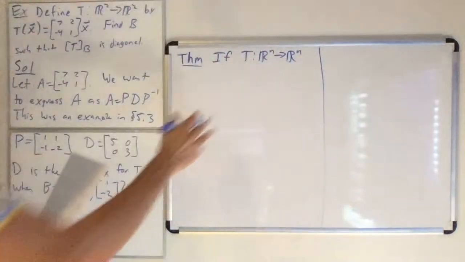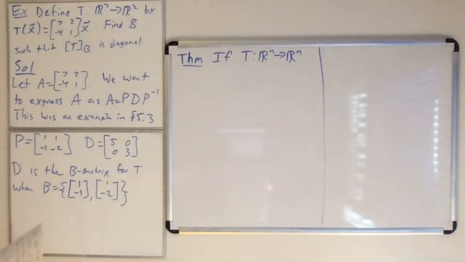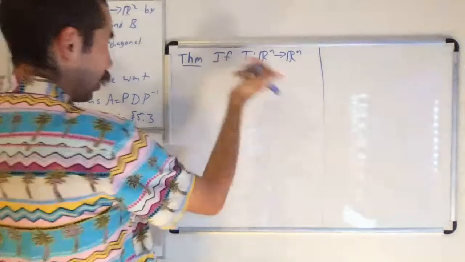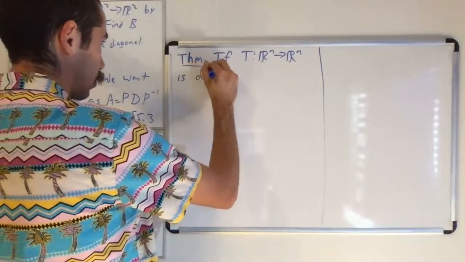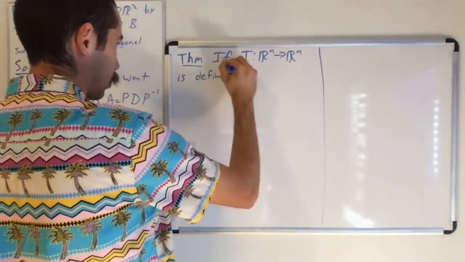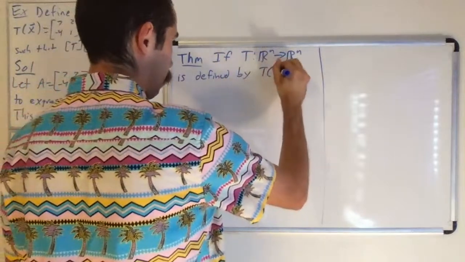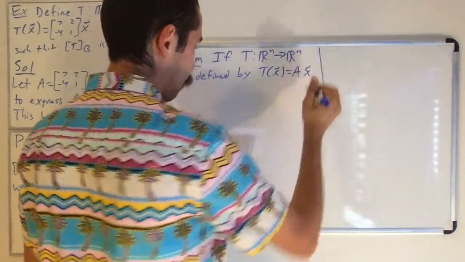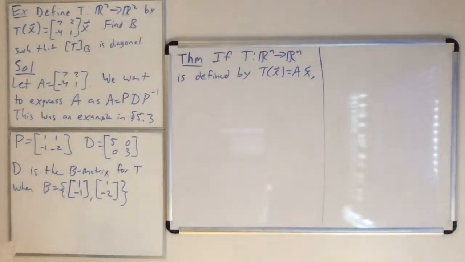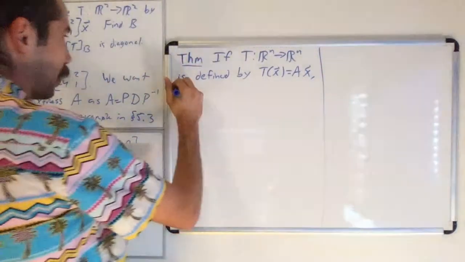Okay, so if we have a linear map from R^n to R^n, and it's defined by T of x equals Ax, and B is a basis for R^n,